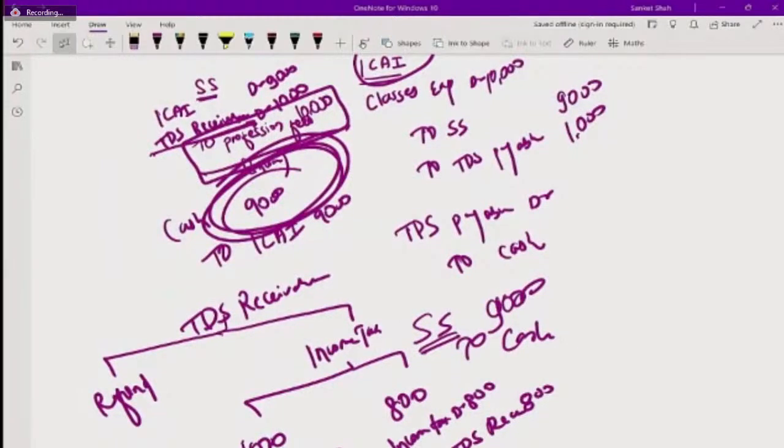बेटा 800 ही लिखा क्योंकि 800 ही इनकम टैक्स आया, फिर रिफंड के लिए मांगेंगे, जब रिफंड आ जाएगा तब बैंक टू टीडीएस रिसीवेबल 200 रुपीज, टीडीएस रिसीवेबल विल गेट कैंसल।